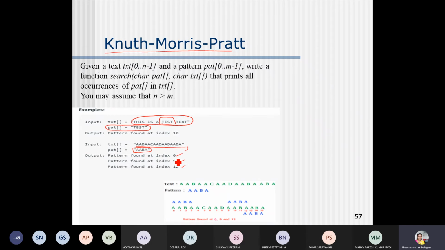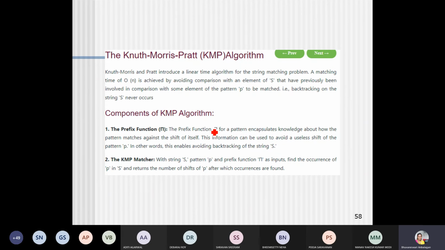For complicated strings with repeating substrings, where the given text is very long, we cannot search manually. At that time we can go for the KMP algorithm. The input is a text and a pattern, and the output is the position where the pattern is available. So what is the KMP algorithm? It is a string matching algorithm.